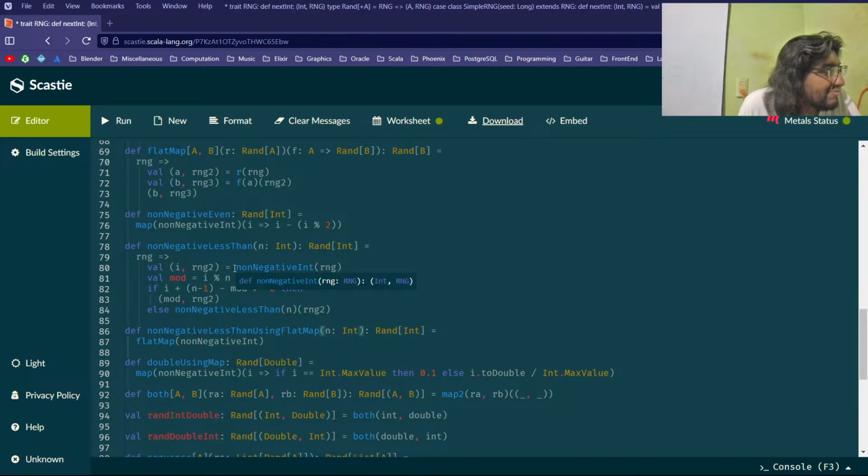Where is flatMap? Oh, you hear this, and then a function from A to Rand of B. So non-negative int, and